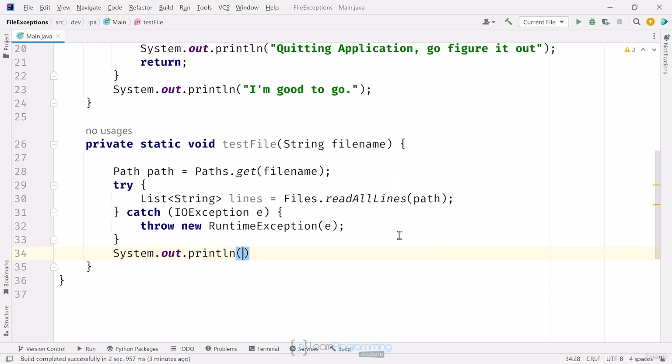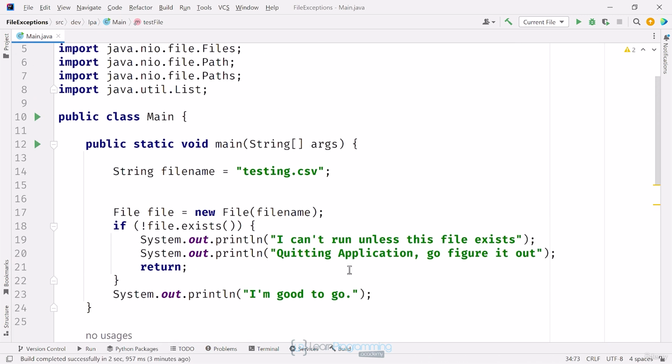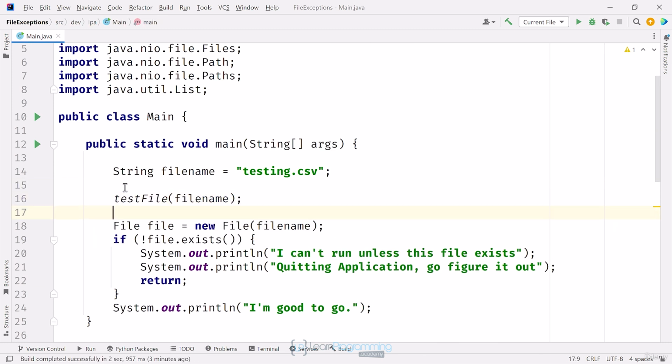Next, I'll just add a statement at the end of this method that says file exists and able to use as a resource. I'll pop back up, and where I had the try-catch block in the main method, I'll instead make a call to this method. If I run this code to see what happens,